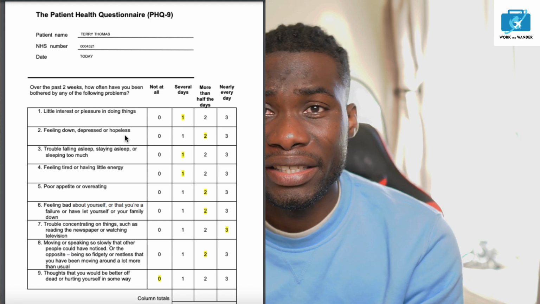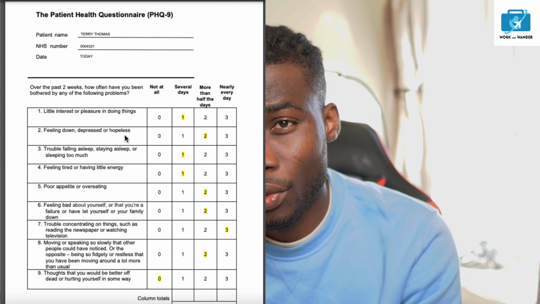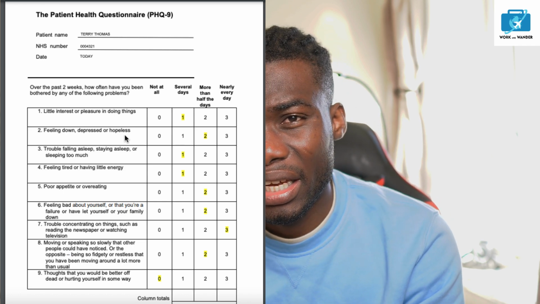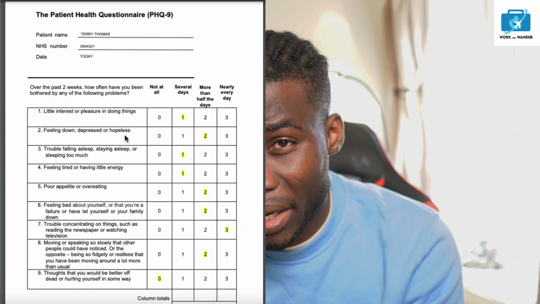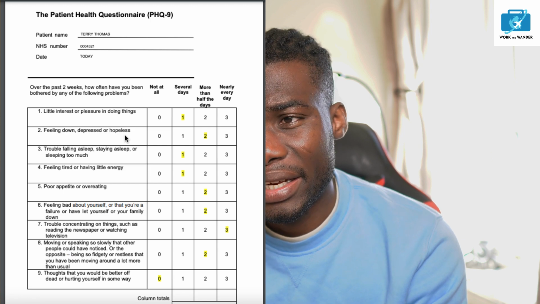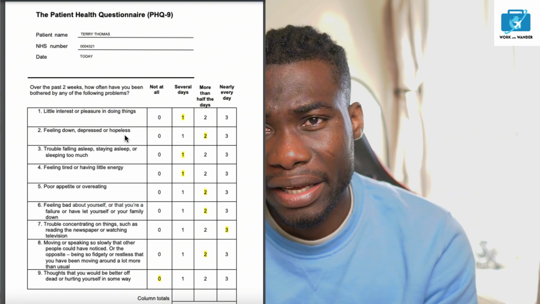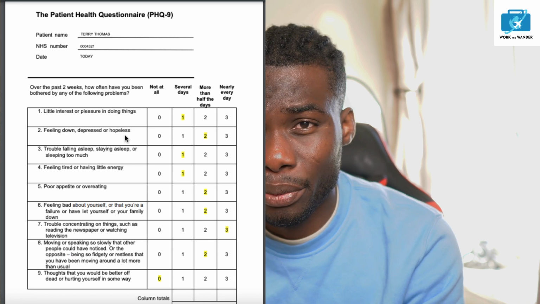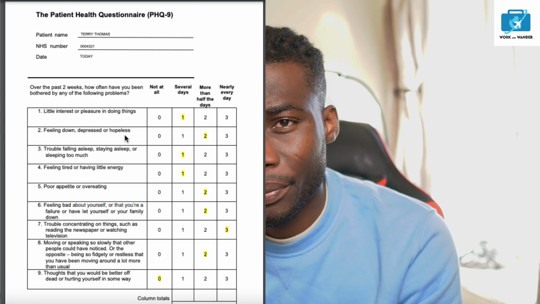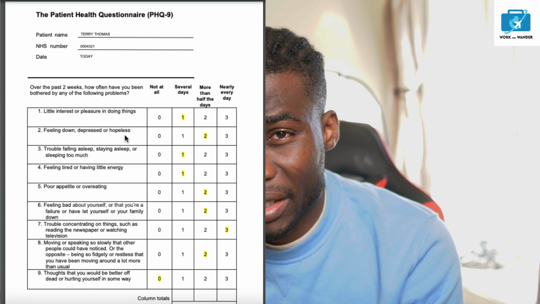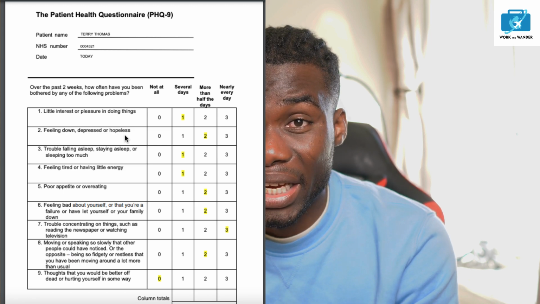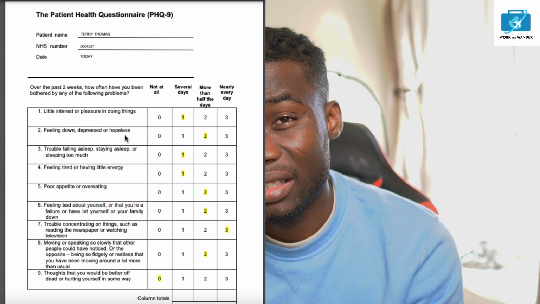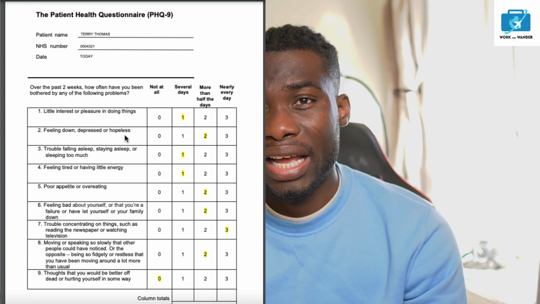Now, if it is depression and suicidal ideation, you know that you will also be given a patient health questionnaire. This is basically a tool that was developed by BAPEN, and then this is used in the assessment of the severity of depression. So it is only in the depressive phase that you would be given this particular document as well. And this document can really help you to be able to ask the relevant questions, because it has these nice structured questions on it,